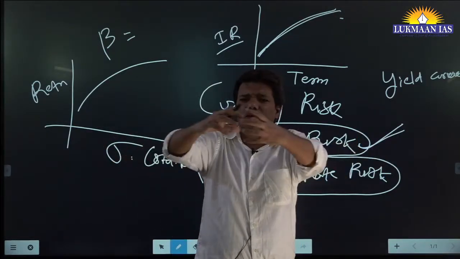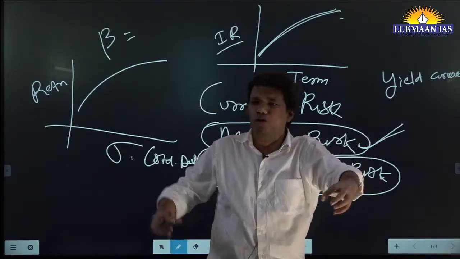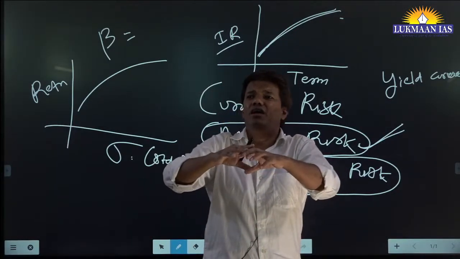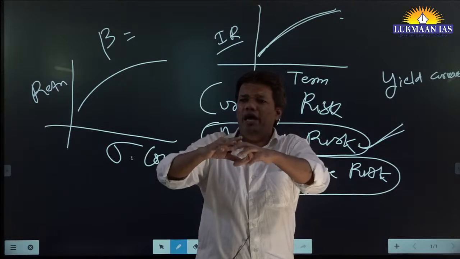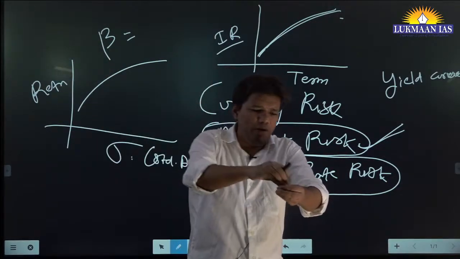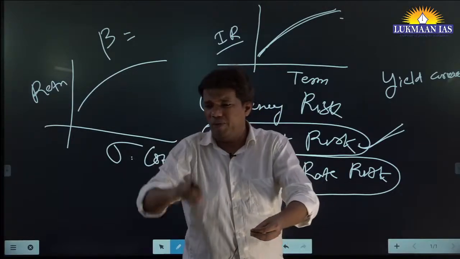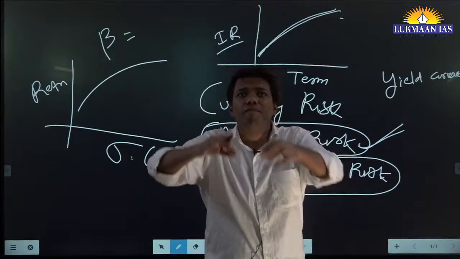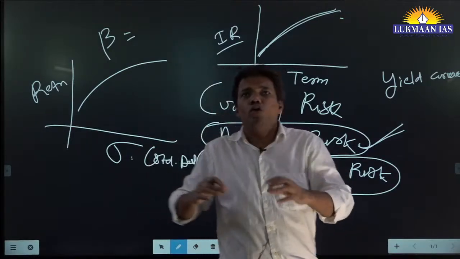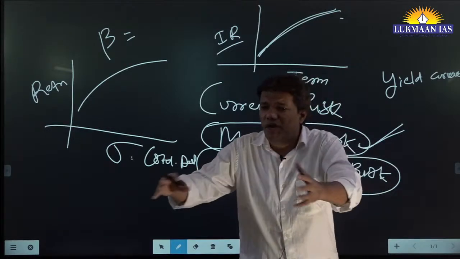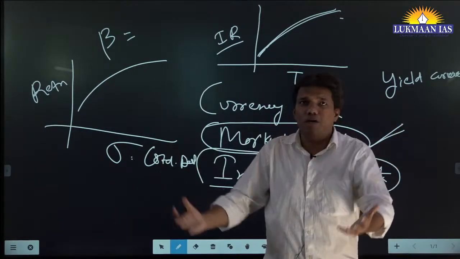Portfolio means you have a basket in which you have put some bonds, some debentures, some equity funds, and now you have some money. So what you will do, some part of the money you will invest in bonds, some in equity, some in debentures, right? So you are diversifying your investment. So what the theory says, whenever you diversify your portfolio, you can reduce the risk.